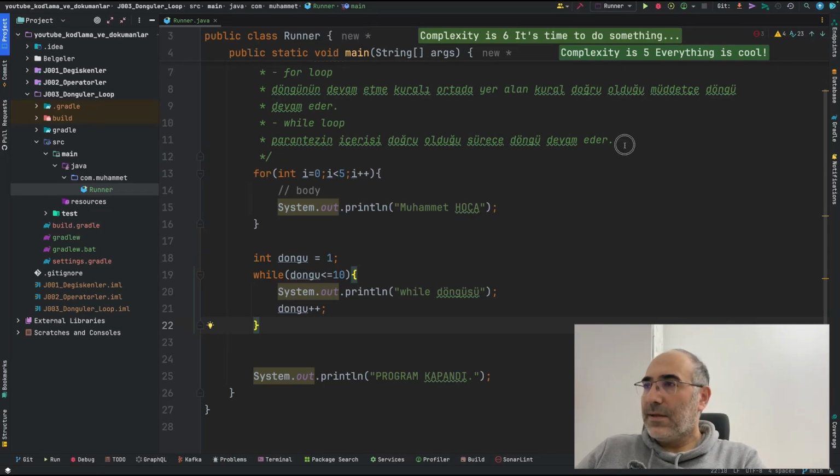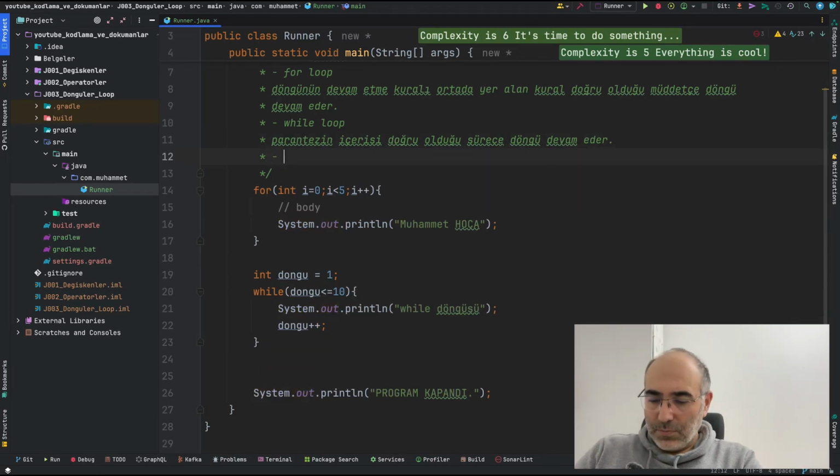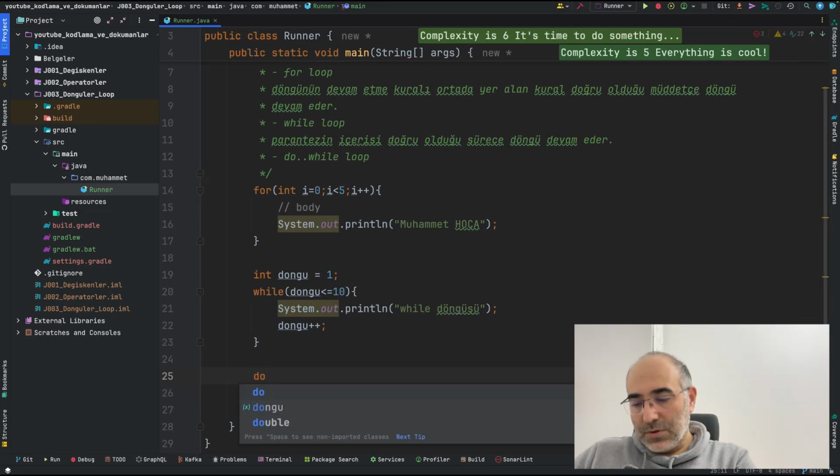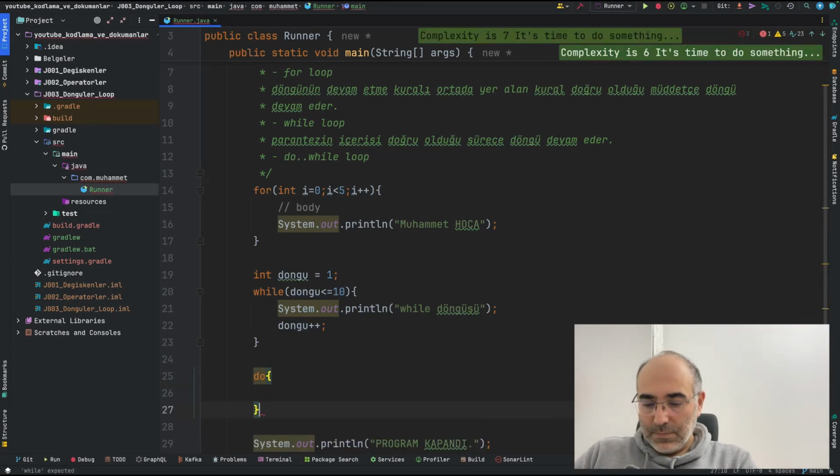Alright guys, now it's time for our last loop. The do-while loop, friends. The do-while loop is used in the same way as the others. It just has a different usage style. Now, friends,